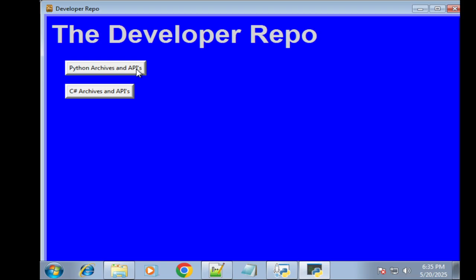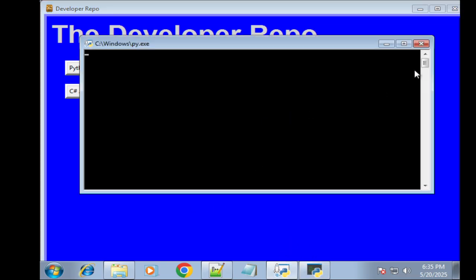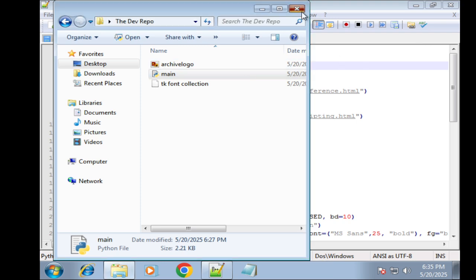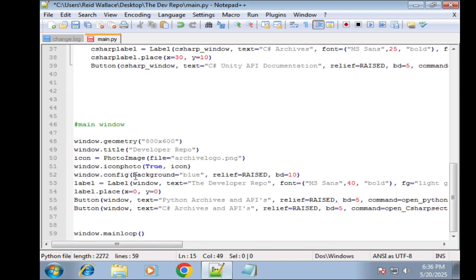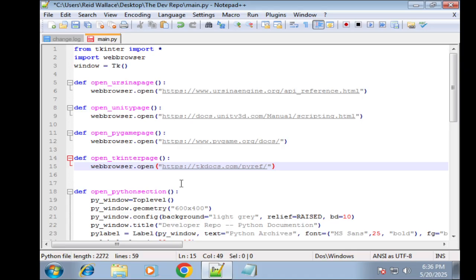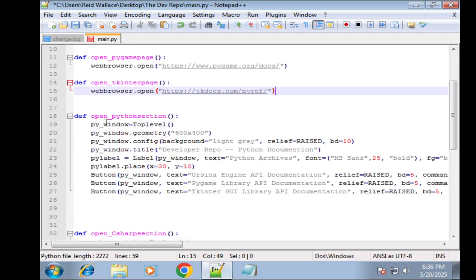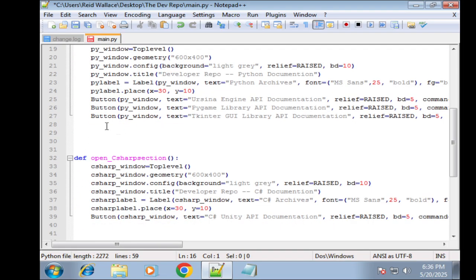Nice. I don't know what this is. Yeah, there we go. I mean, I do know what that is, but I don't know why I was. Okay. Alright, so I think the next thing I need to do is put in my own personal things in here. So what we need is